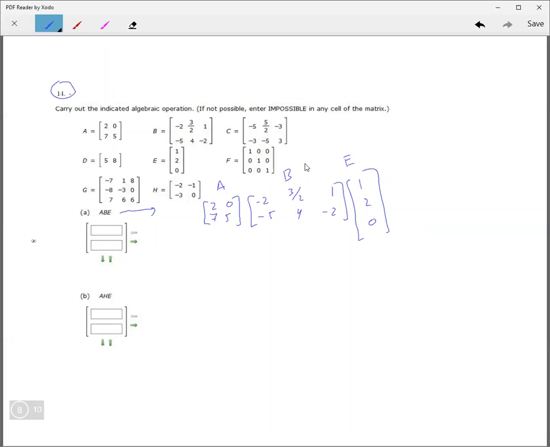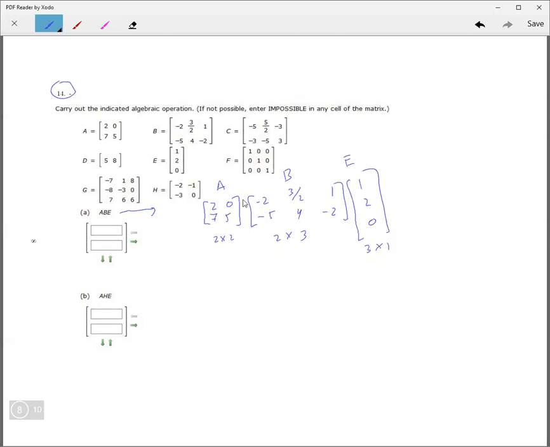Now, let's look at what these are. This is 2 by 2. This one is 2 by 3 because 2 rows and 3 columns. This one is 3 by 1. So you can multiply A times B. You can multiply B times E. Okay. Now the nice thing about these is that